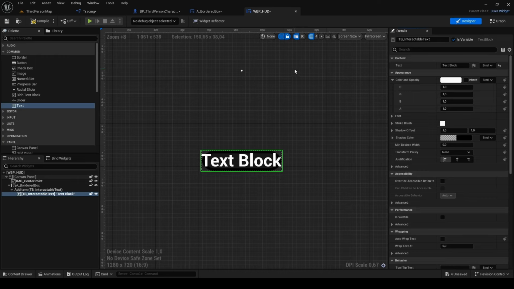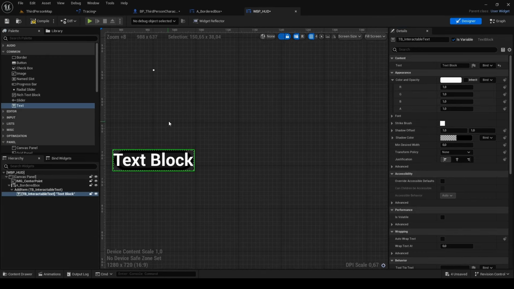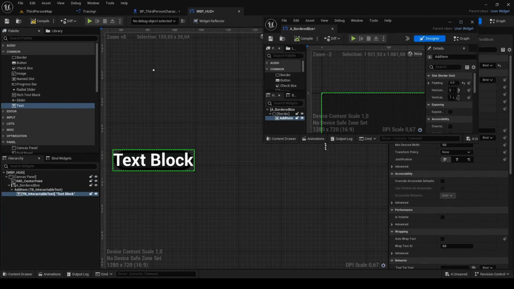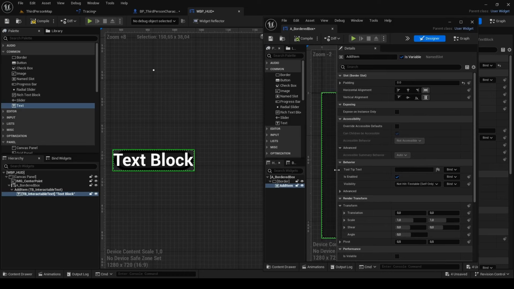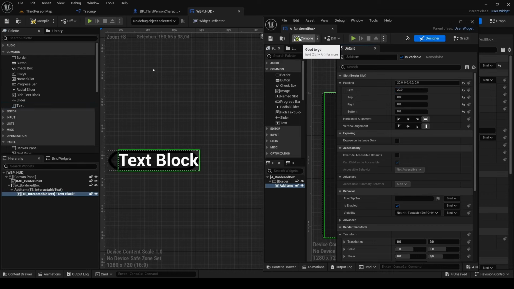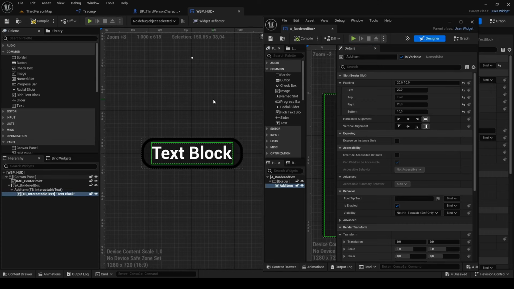You can see that the text is out of the box because we removed padding. If you have more than one monitor, drag the default bordered box there or just undock it so you can see the text in the HUD, and you can also change padding. When you change a value, you must hit compile, otherwise you won't see any changes. I want more space on the left and right than on the top and bottom, so I go with 20 for left and right and 10 for top and bottom. Set whatever values you feel look the best.